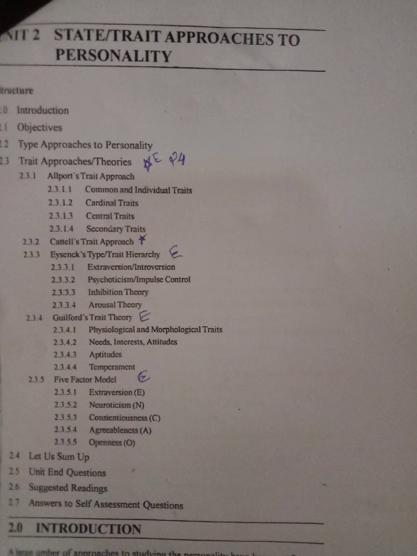According to Cattell, the following are the approaches for trait theory. First one is surface and source traits. Surface traits are qualitative traits like kindness, honesty, etc. Source traits are basic personality traits. He considers 16 traits as basic personality traits. They are reserved versus outgoing, less intelligent versus more intelligent, emotional versus stable, humble versus assertive, sober versus happy, expedient versus